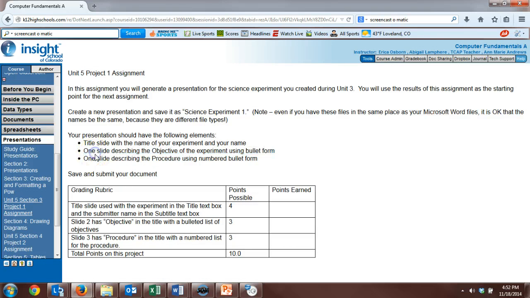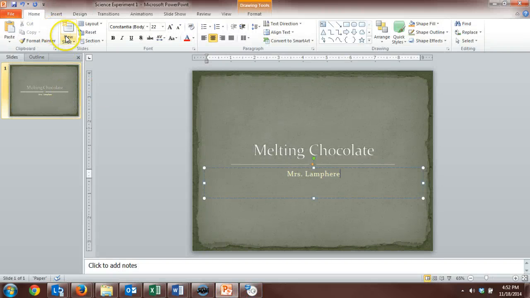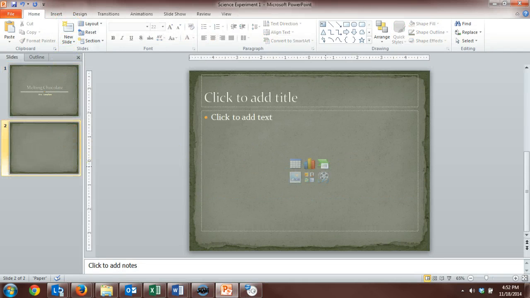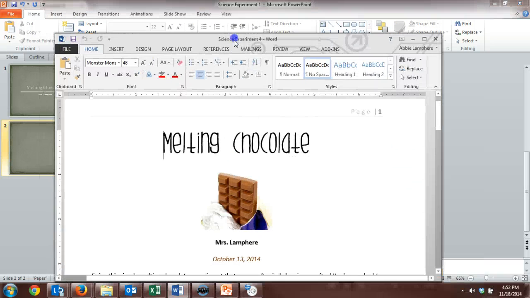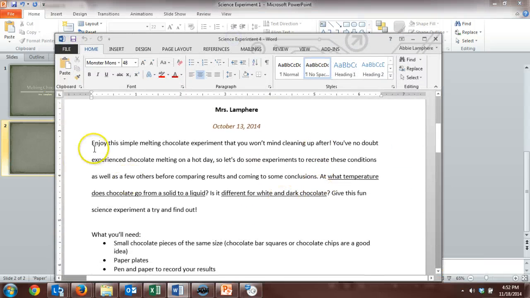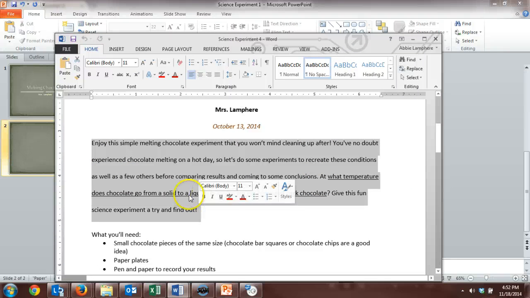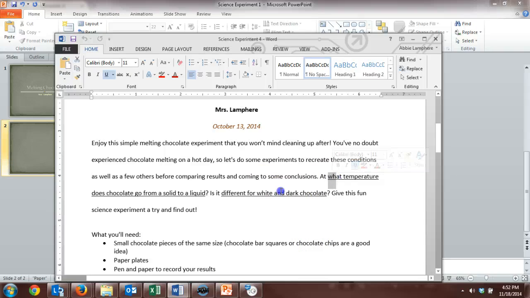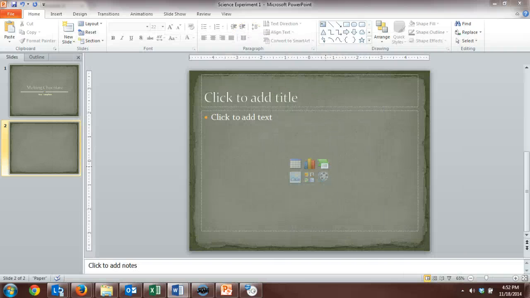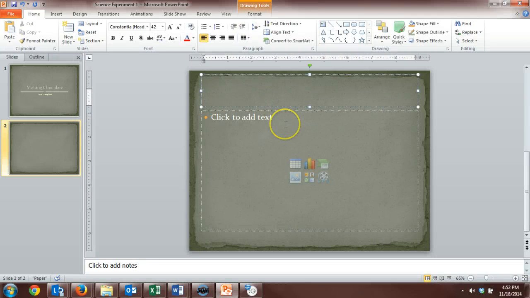Step 2, one slide describing the objective of the experiment using bullet form. On my next slide, if I go back to my home tab and say new slide, now I need to include the objective of my experiment, which comes from this paragraph here. We don't want to just copy and paste this paragraph because we talked in class how PowerPoint slides should just have main points. So I'll probably just go with the points that I have underlined here for my objective. So this is my objective slide,